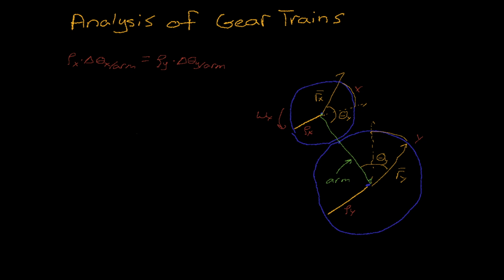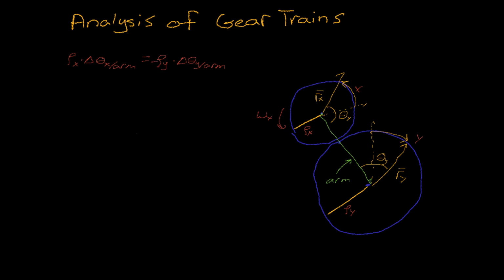Now in this case the arm is stationary, so that relative motion to the arm is not going to be significant, but in cases of like a planetary gearbox, the arm is not stationary, so it's important that we look at the change in velocity relative to the arm. So while theta X is rotating counterclockwise, we have theta Y rotates clockwise. We consider counterclockwise to be positive and clockwise to be negative, so we're actually going to need a negative sign here